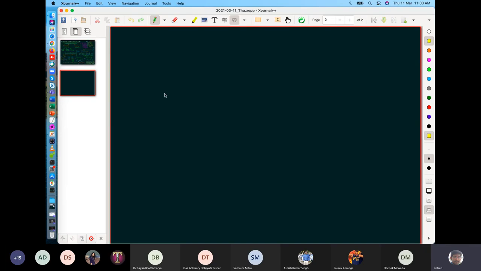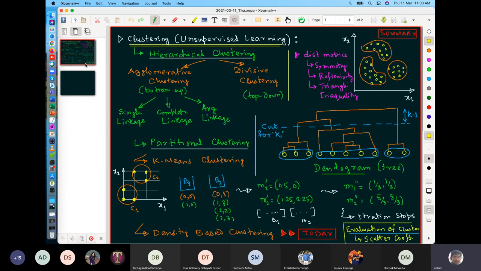Okay, so let us start with the summary of the previous class, as we always do. We started to look at certain types of learning problems where we were only given the data points without their labels, and our objective is to group them together in terms of clusters. This is the essence of unsupervised learning problems, which you often encounter in practice, where we need to see associations and group points together without telling them what they are, but they belong to the same